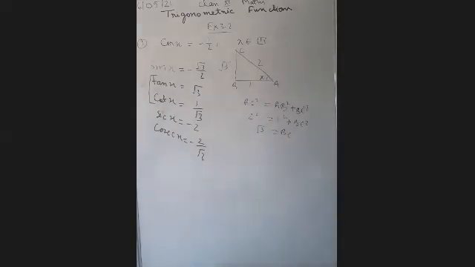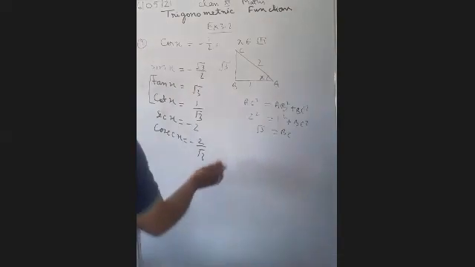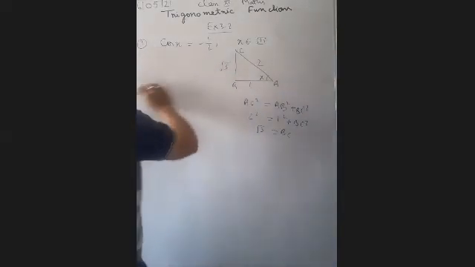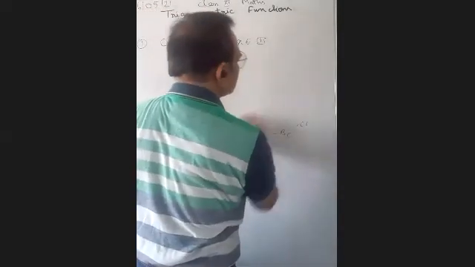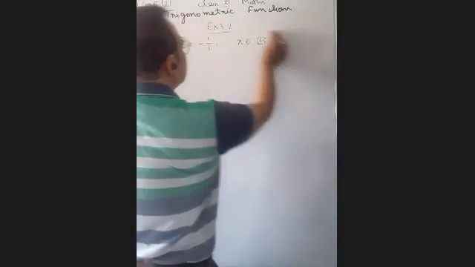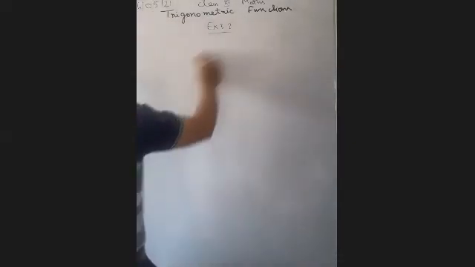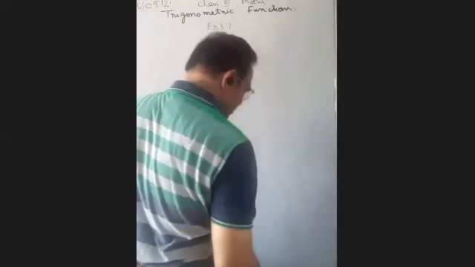The other parts are similar to what I have done in question number 1. So the second, third, fourth, fifth you can do yourself. It is for your homework. Mostly I have solved such questions in other exercises, because they were a little different, but they are exactly the same. You have done it in 10th class also, but you have to remember only the quadrants, in which quadrant which ratio is positive and which is negative.